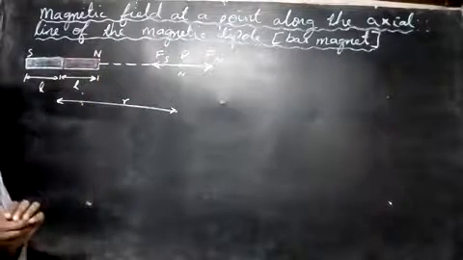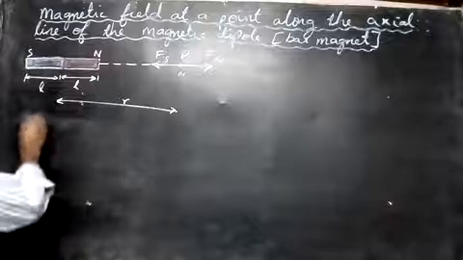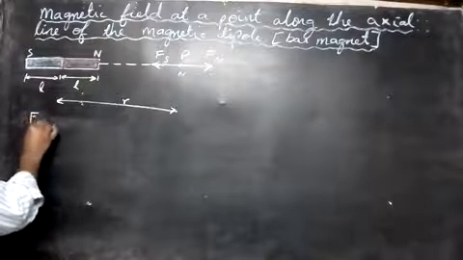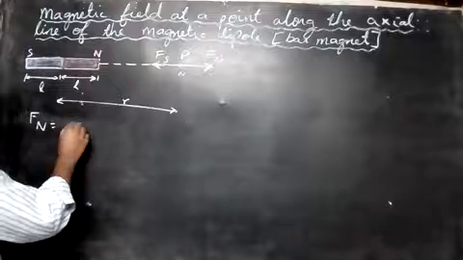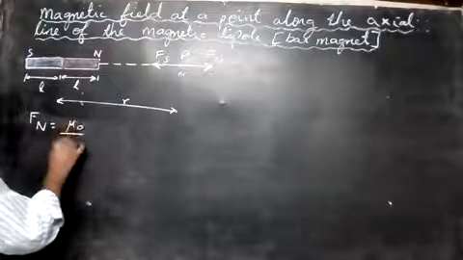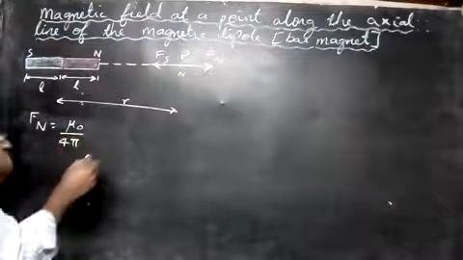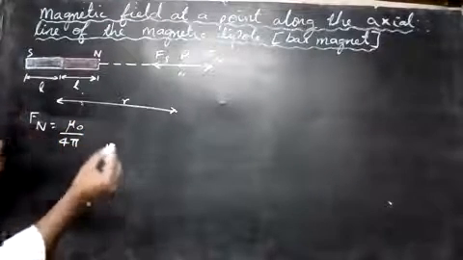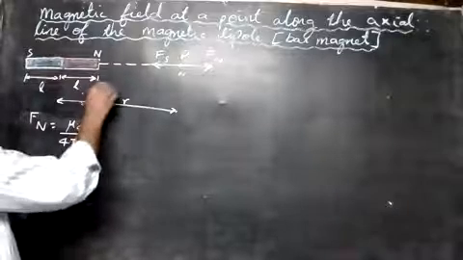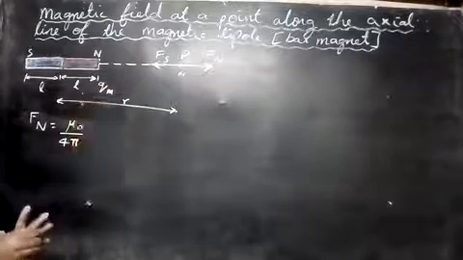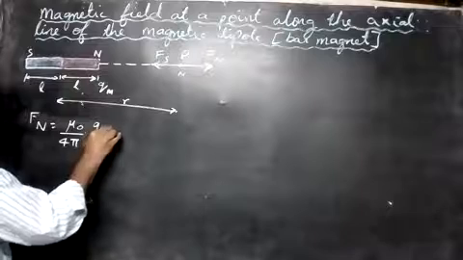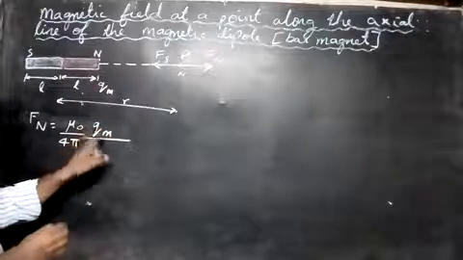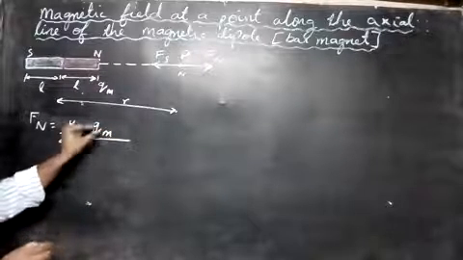First we'll see what is the force due to the north pole. We'll use Coulomb's law in magnetism. The force due to the north pole will be, this is K now. So K we write as mu naught by 4 pi, into Q1 and Q2. We don't have two things here; we have only this one, which we'll take as Qm. That's the pole strength of the magnet. This is not Q into M. It's Q subscript M, which means you must write the M small, down.